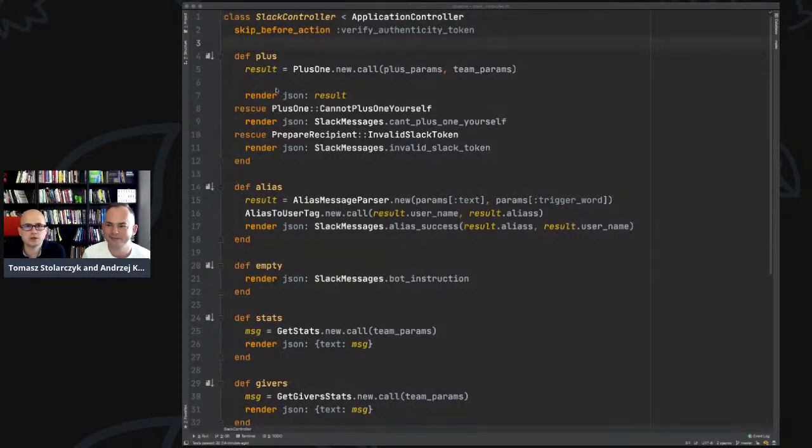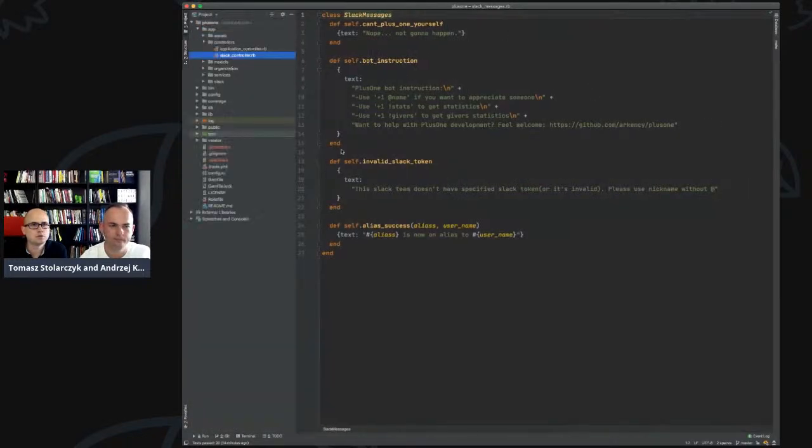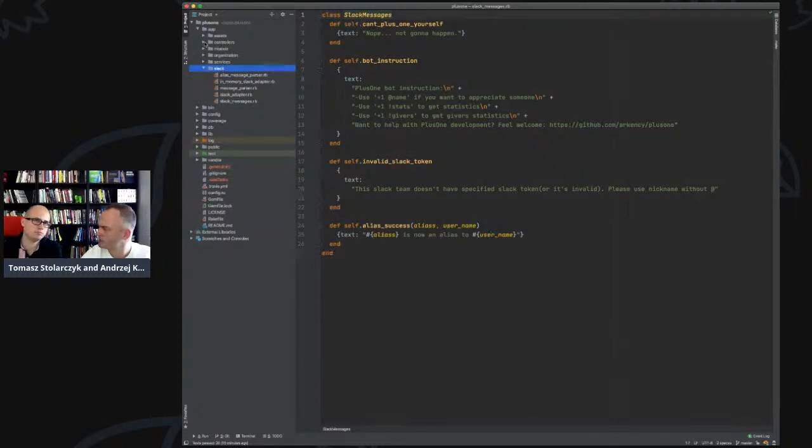Okay, so we are going to start with controllers here, right? The first thing that I was thinking about is this Slack message, where we have those messages based on the exceptions, for example. Because if you open the project structure on the left, you can see that we have the Slack controller in the controllers package. And then we are referring to Slack as some kind of package, right? Slack related things, in a way, and so on.